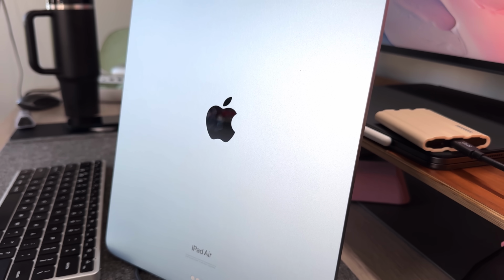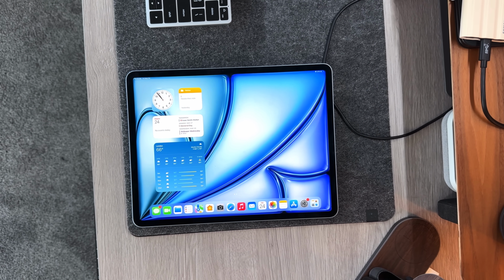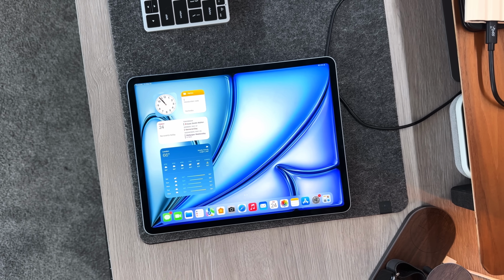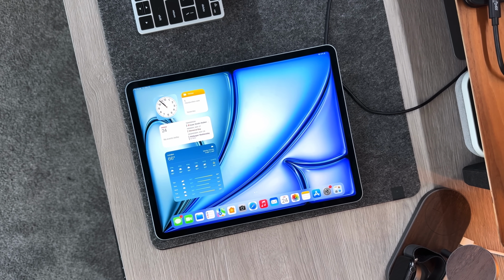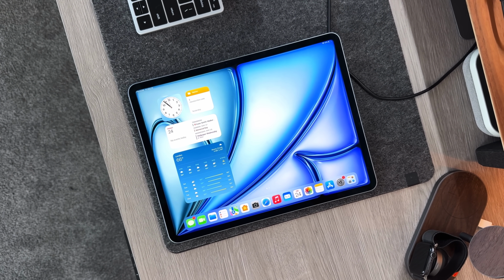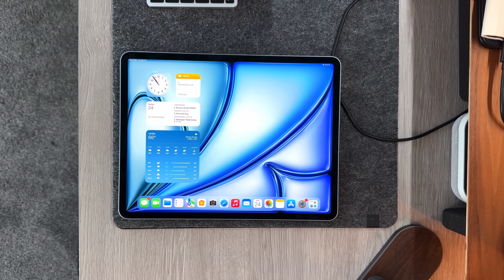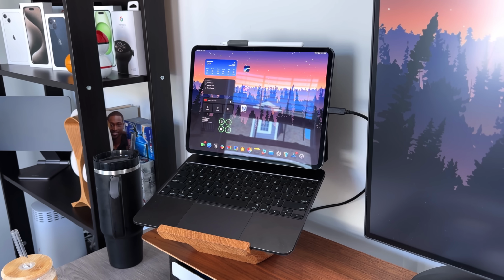And I'm still not 100% aware what the RAM situation is like on the iPad Air. I still think it's being binned down to 8 gigs of unified memory, but if we do end up finding out that it does have a 16 gig variant in that larger storage model, you'll be the first to know. One new thing that came alongside the 11 and 13-inch iPad Air is that they got their own version of the Magic Keyboard. Again, this is kind of a little bit strange in terms of what can be used with